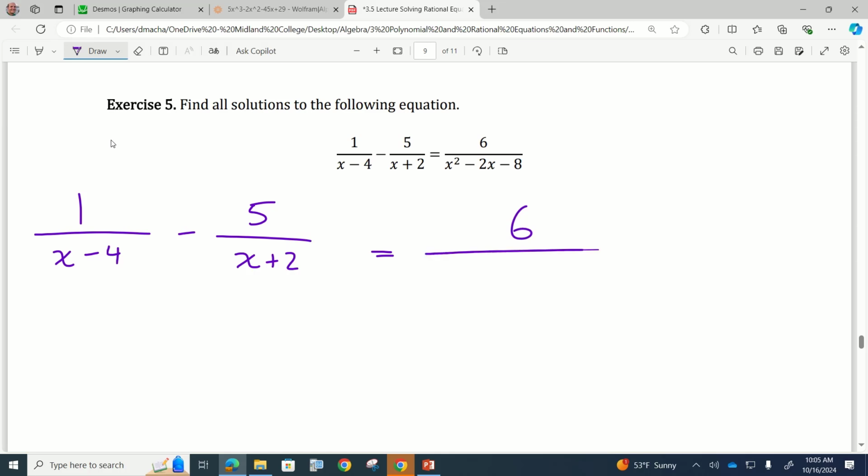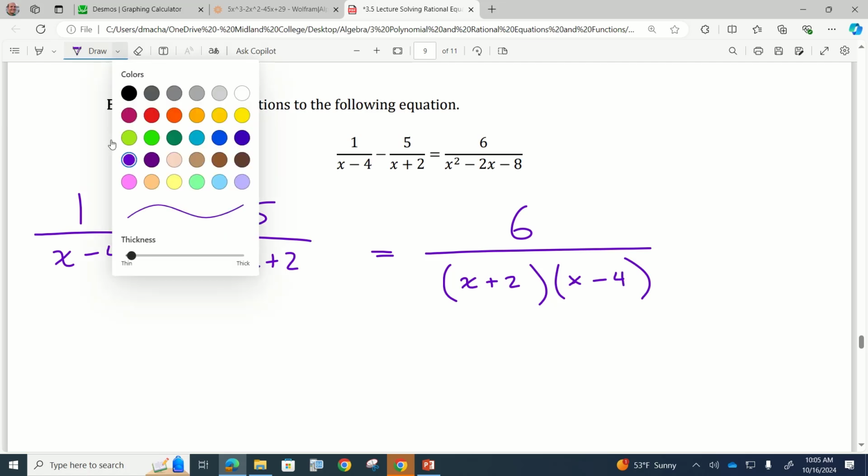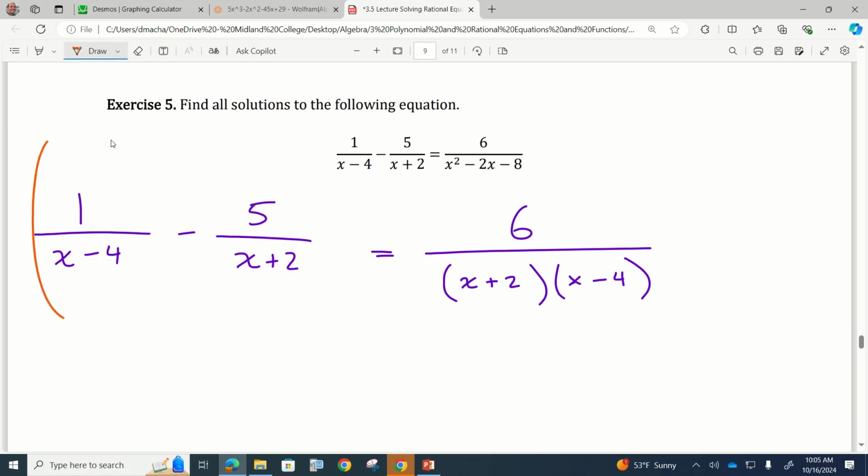How does this last denominator factor as? x plus 2 and x minus 4. The next step is I'm going to multiply the whole equation by every denominator. So multiply by x minus 4, multiply by x plus 2,